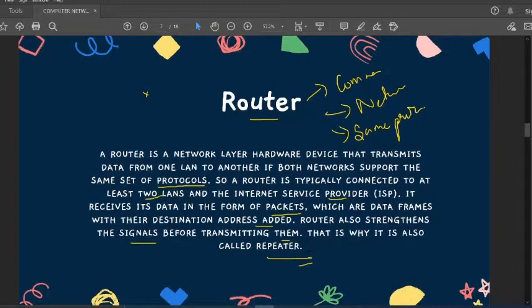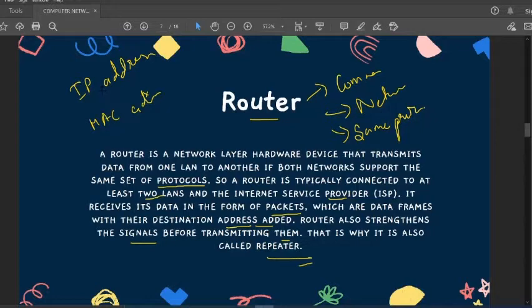Okay, so the important thing to notice here is that it makes it different from a bridge. Sorry, it is not related to a switch, it is related to a bridge. The main difference between them is that we are going to see about bridge also. Here I have talked about the destination address. There are basically two types of address: IP address, which you must have heard about, and MAC address.